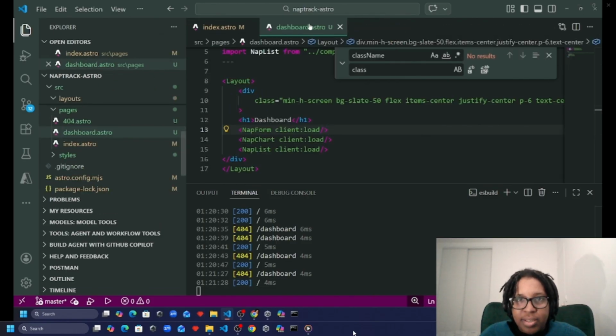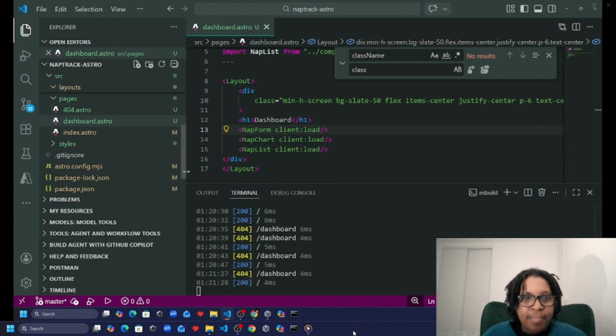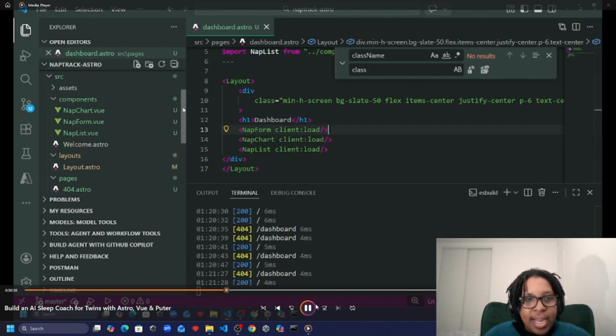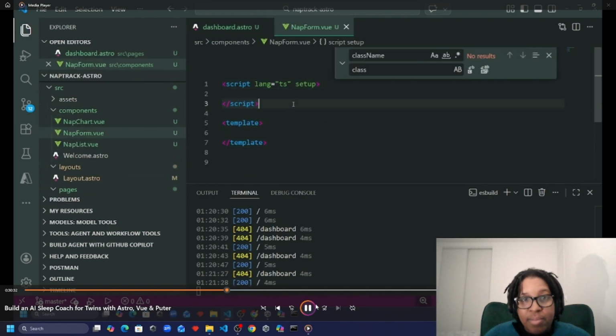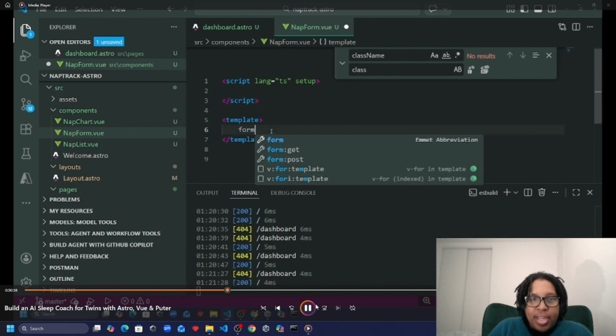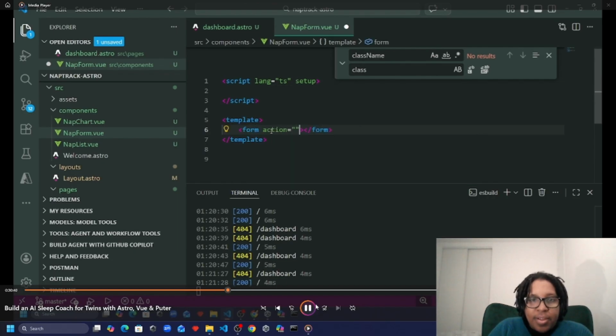And okay, so that's adding the Vue components. So what we're going to do now is probably go one by one and actually make those components. Now, this might be very quick because I have things already sort of mapped out, but